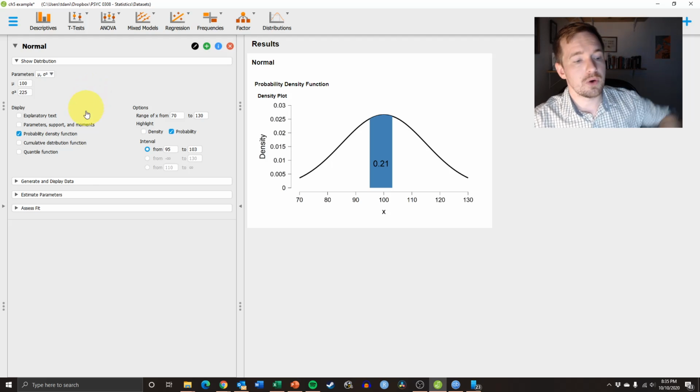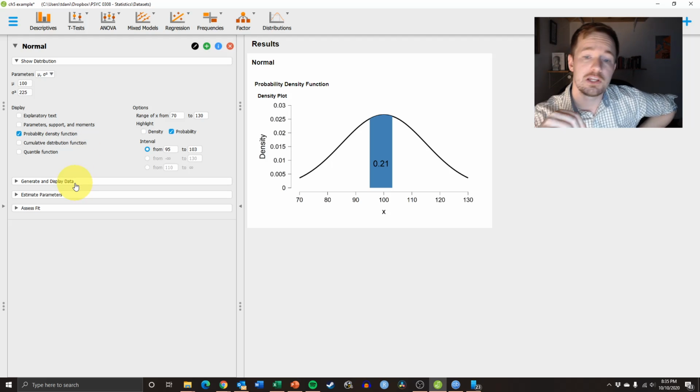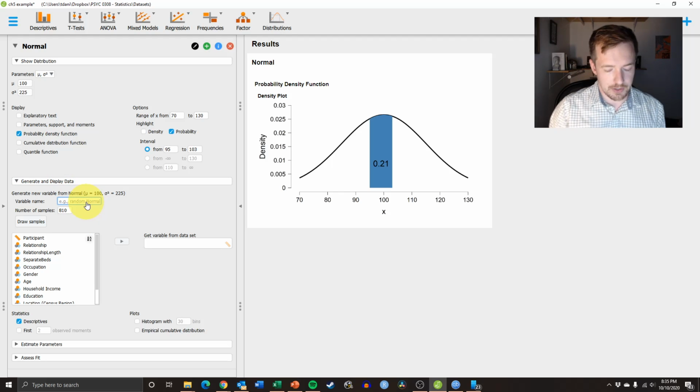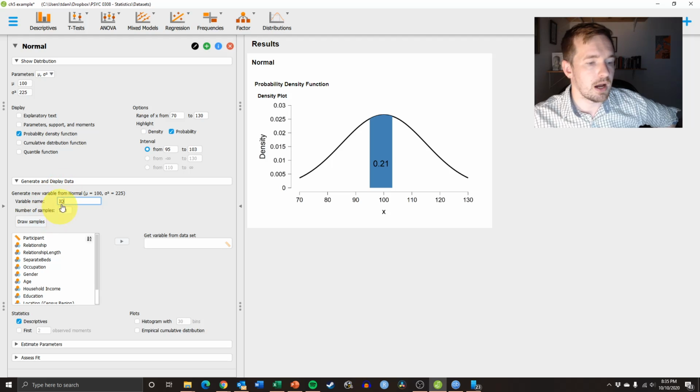All right, so I mentioned at the very beginning of this video that if you wanted to, you could create your own data, and you can do that by clicking on Generate and Display Data. If you do that, it will allow you to create a new column in your data. So right here, I'm going to put IQ,